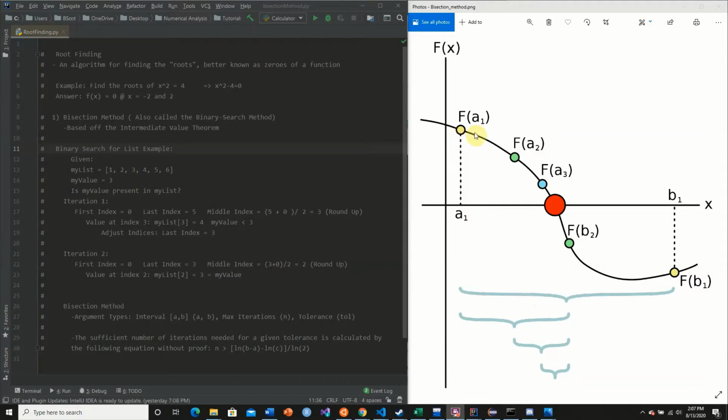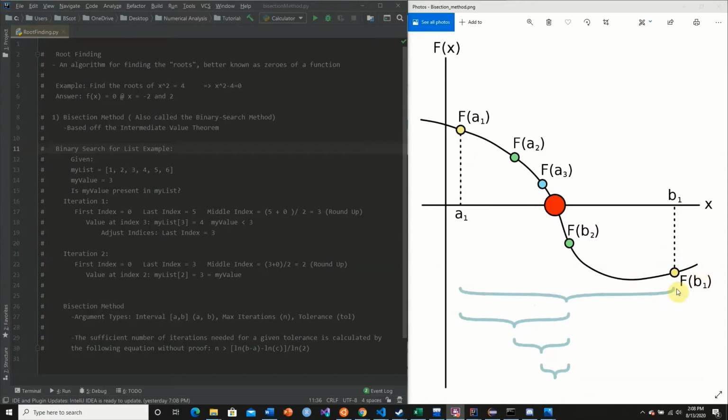So because of the intermediate value theorem, we know that this root has to exist if it's between our f of a and our f of b. And this only occurs if we choose our interval carefully on our function. We have to choose a and b, our interval, such that f of a times f